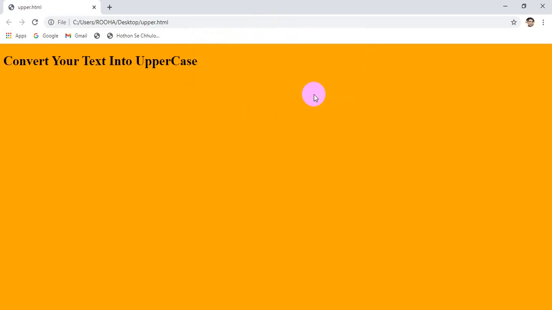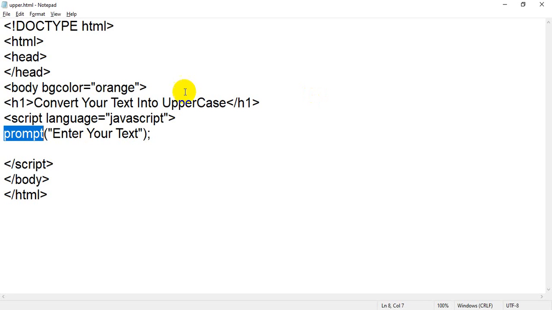Now inside that box you can enter some value. For example, I have written Akam Ansari. When you click OK, this value will go with that particular box. By using this prompt box, you can accept some value.